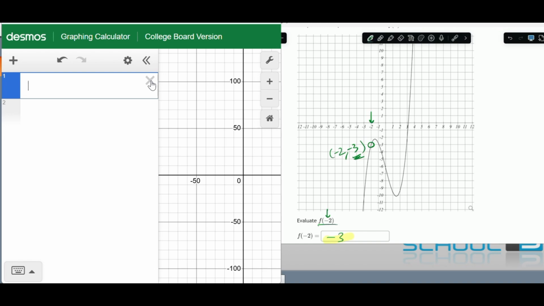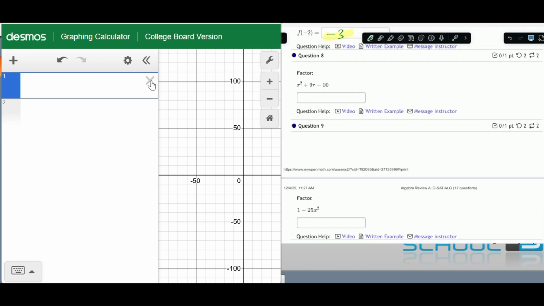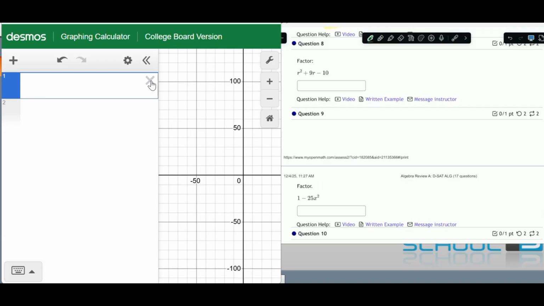All right, these next few are ones that, again, you should be able to do by hand. The idea is by now, and we just went through this a few times, you should be able to reverse FOIL and factor all of these. When you reverse FOIL, you're looking to see what are the 2 factors of your last term, negative 10, whose sum is the middle term, plus 9. That should be something that's probably faster to do by hand than it is to do on the calculator. However, you can do this on the calculator by thinking in terms of